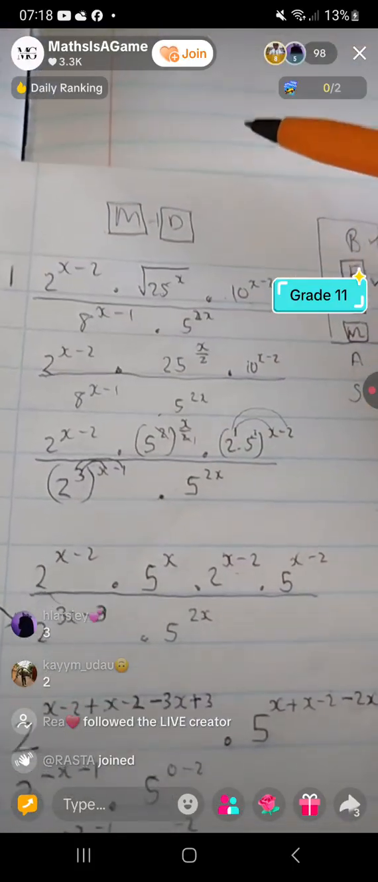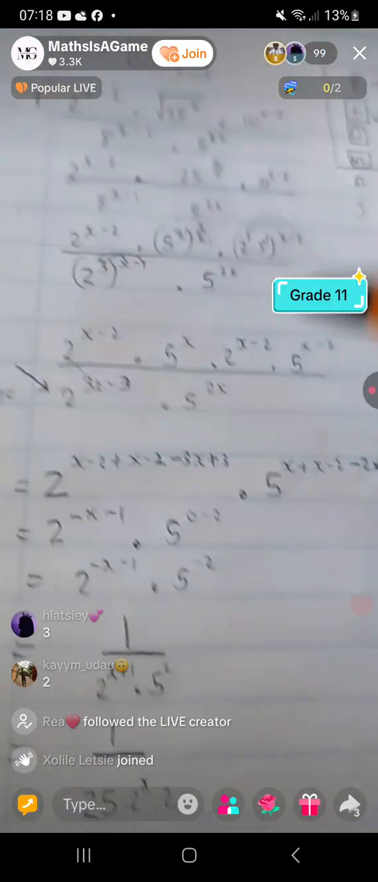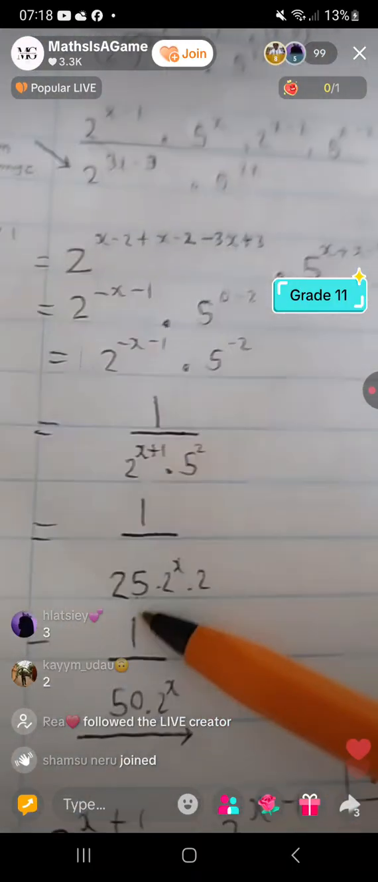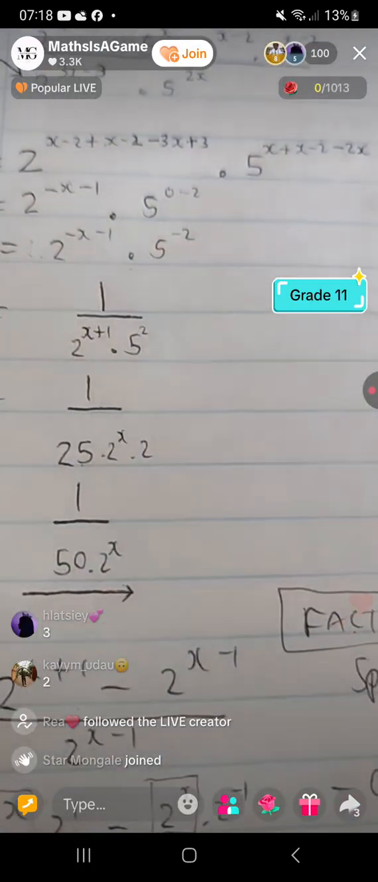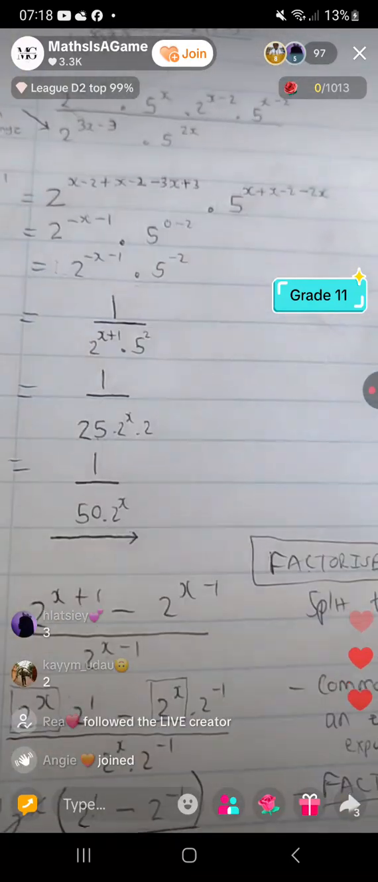Then you apply law number 3. Then you apply law number 1 and 2. You add and subtract like terms, you simplify, you get the answer, and you make sure your answer is in positive exponents. But guys,